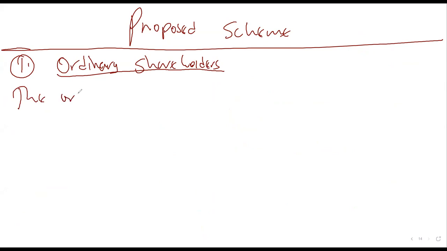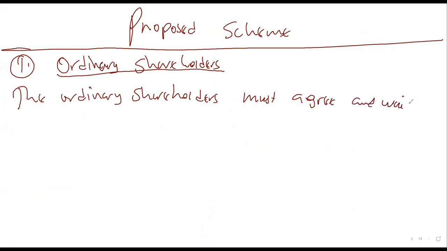Tell the examiner that the ordinary shareholders must agree and waive off 7,910 million of their investment